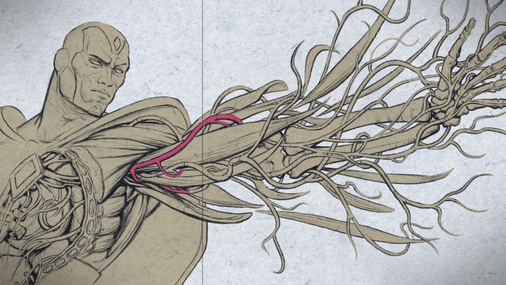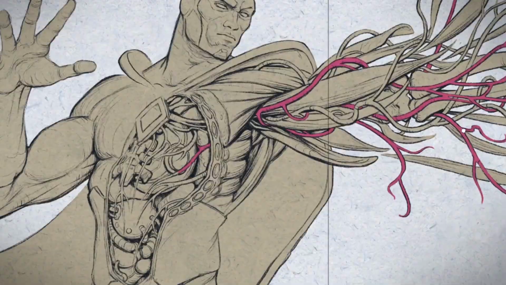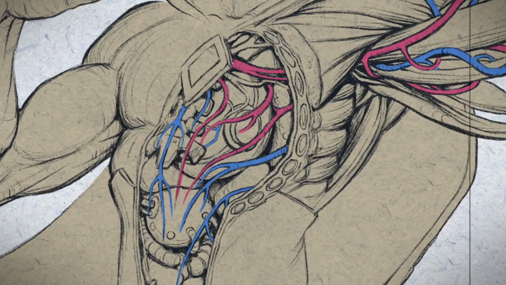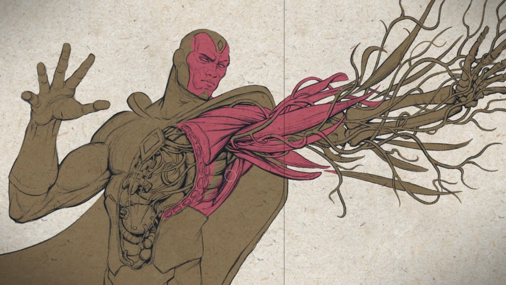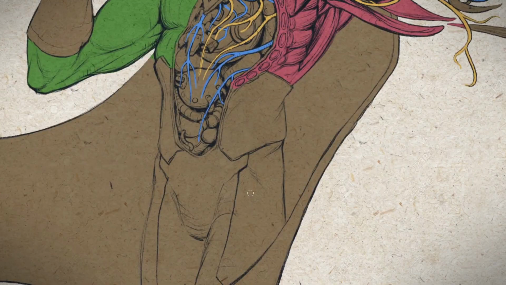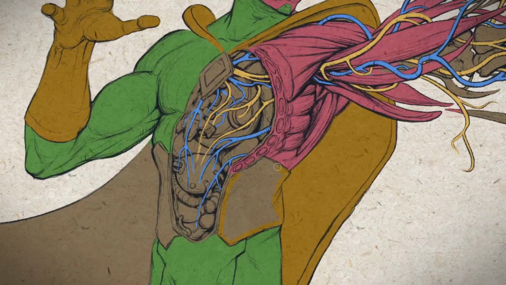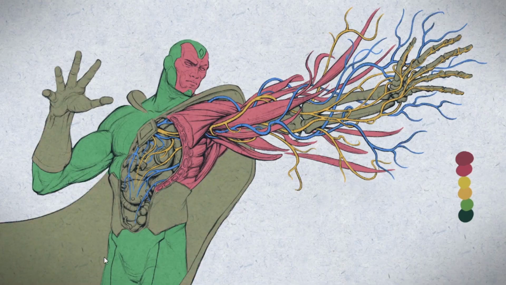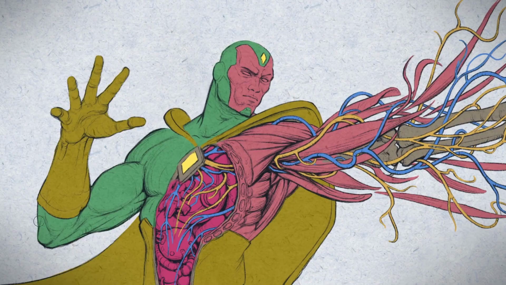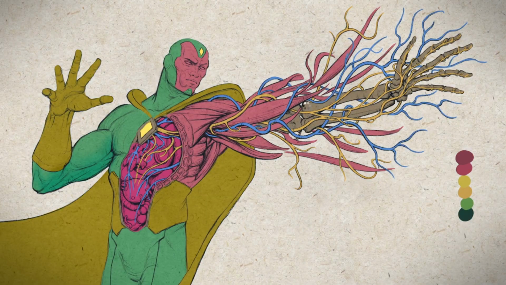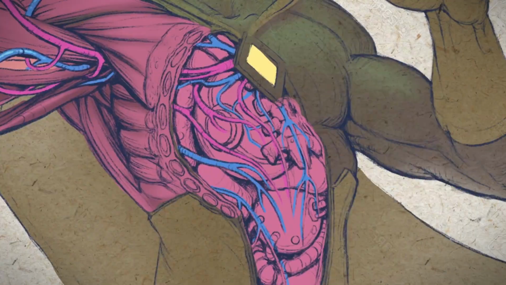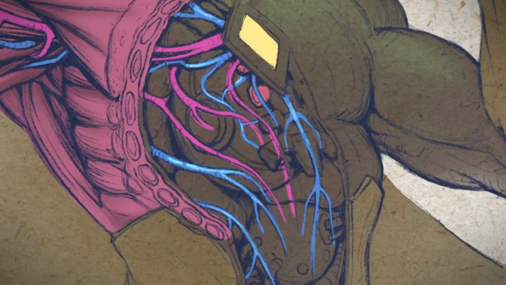As I mentioned earlier, we're going for a sort of aged manuscript look with this piece. We will have color illustrations throughout, but those color illustrations will be somewhat muted, as if we're finding this in an old anatomy book. To that end, I'm using faded colors, muted colors, nothing too bright, too saturated, too eye-catchy. I like the idea of having these kind of outlandish figures handled with visual restraint. At least that's what I'm telling myself.